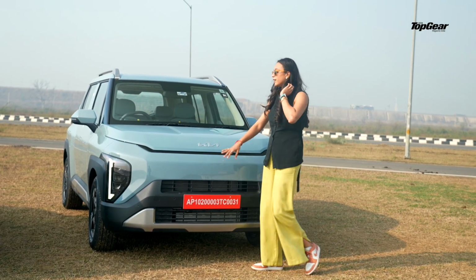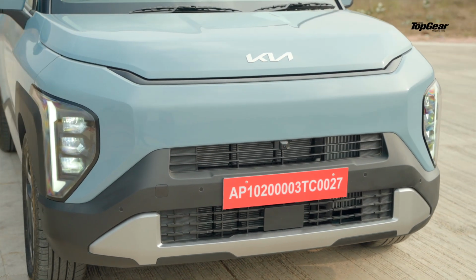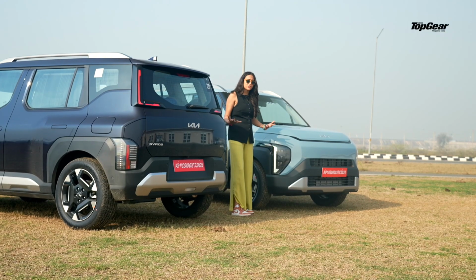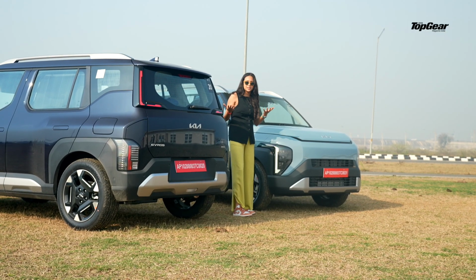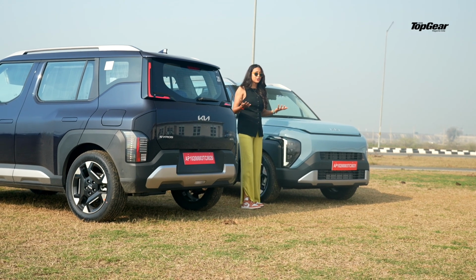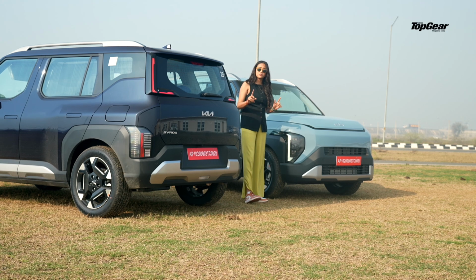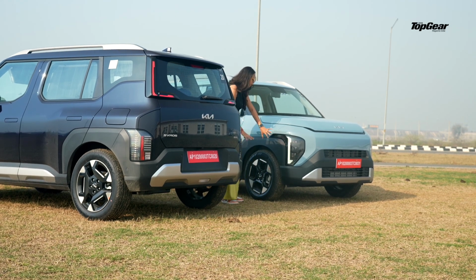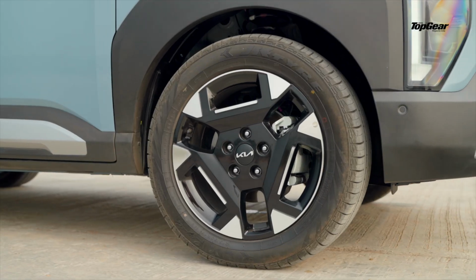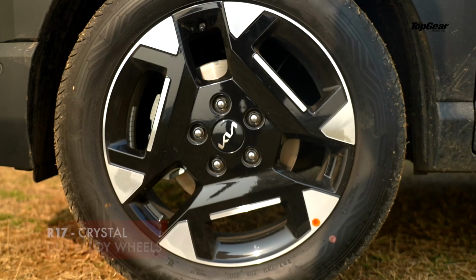Now coming onto the side of the car, what's really concerning is the headlights are placed extremely on the outside of the car, which is usually not the place where we see them. So we'll just have to see how it turns out for the Indian roads, because it tends to get a lot of scratches around those parts. But to be safe, they have also given us a lot of black cladding over here, which is good. Now talking about the tire, we have 16-inch alloy wheels with different design over here,